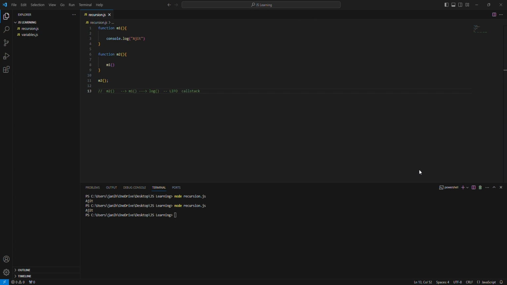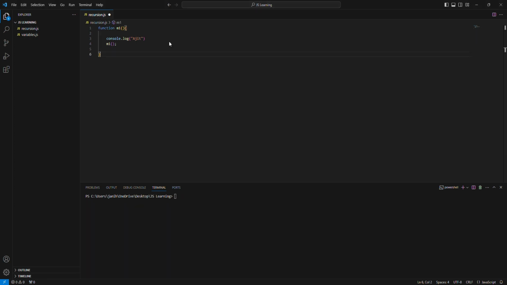So for example, if I have a function m1 and console.log, and I'm calling the m1 function inside that function itself, and I'm not calling it via the m2 function, and now if I call this function,